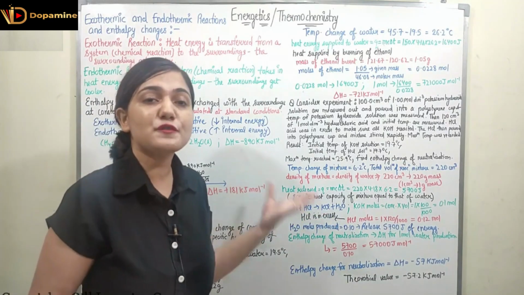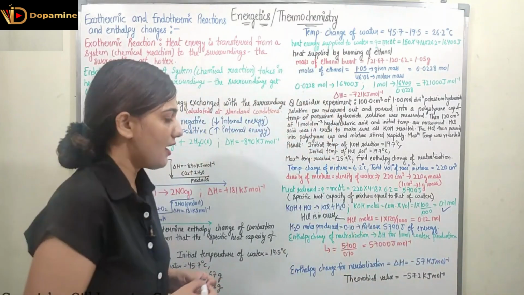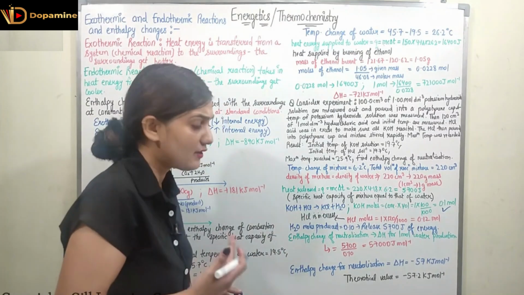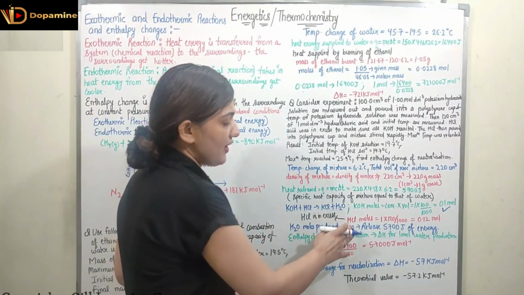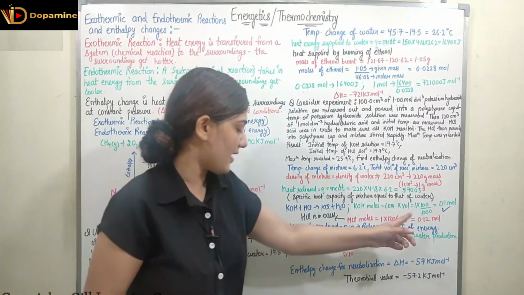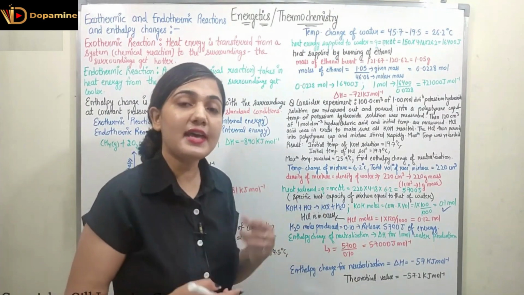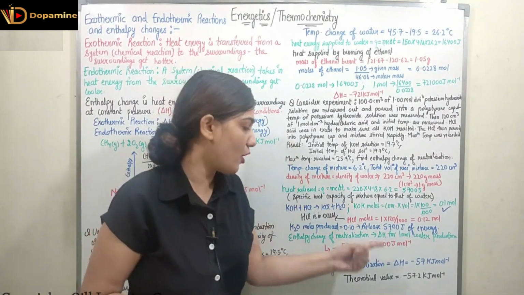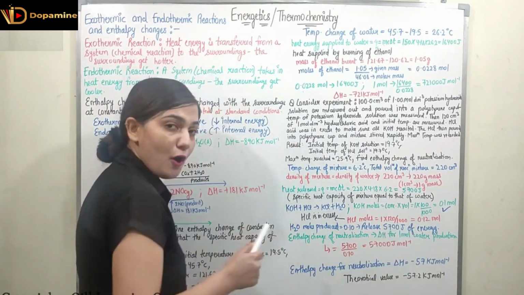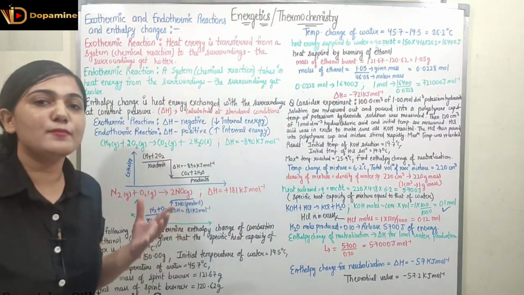So how many H2O moles are produced? The H2O moles produced is equal to 0.1 mole. 0.1 mole of KOH reacts with 0.1 mole of HCl to produce 0.1 mole of H2O. And to produce 0.1 mole of H2O, how much energy was released, that we had calculated, that was 5700 joule of energy. Now enthalpy change of neutralization will be equal to the enthalpy change for formation of 1 mole of water. So for 0.1 mole of water, we have 5700 joule of energy. For 1 mole, we have 5700 divided by 0.1, that is 57,000 joule per mole of enthalpy change.